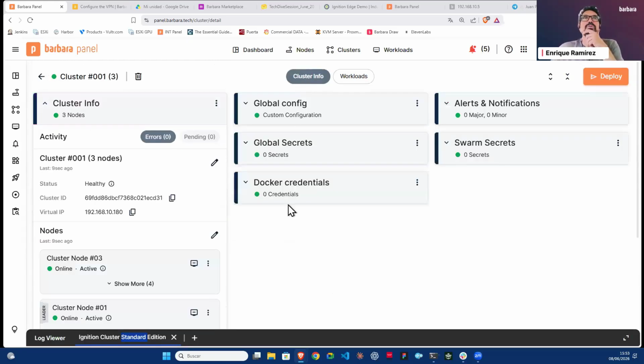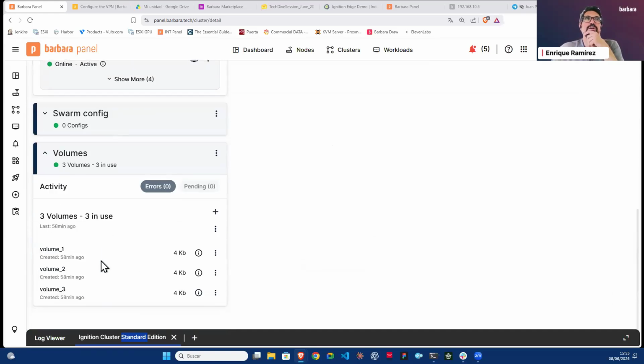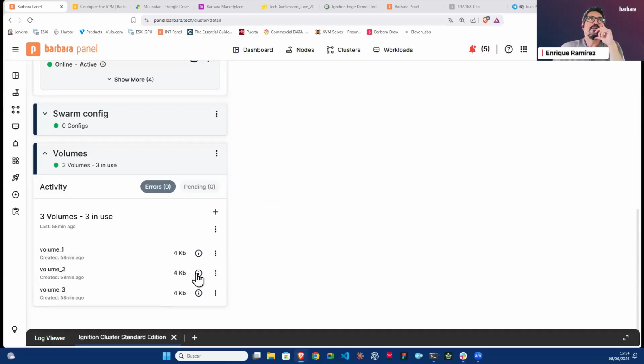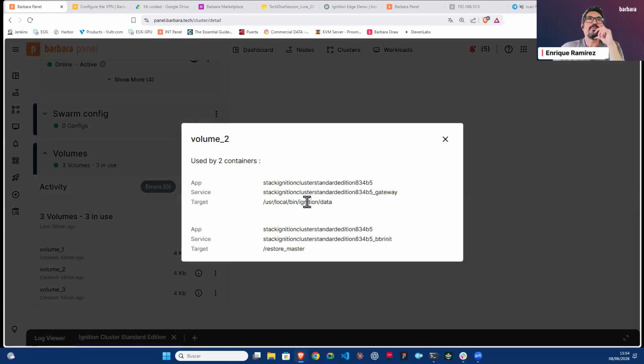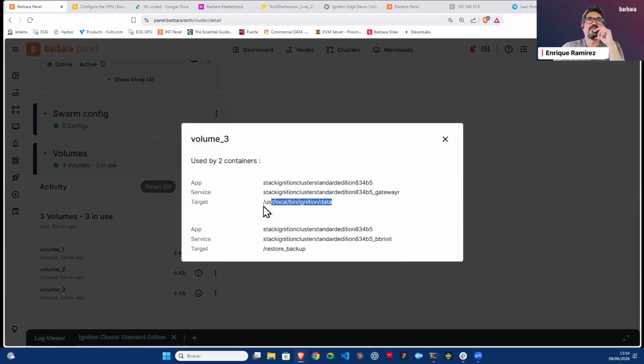Let me show you where we create these volumes. You can see here this volume card. We have created volume 1, volume 2, and volume 3. Check that they are in use right now. Volume 1 is being used by traffic, volume 2 is being used by ignition data, and volume 3 is also being used by ignition data